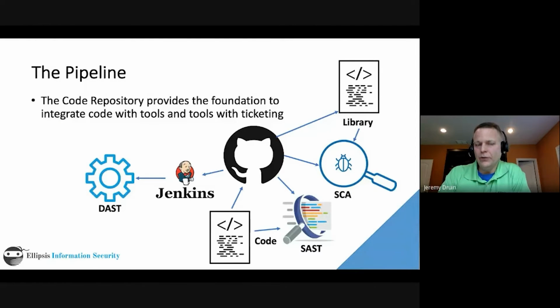This all starts with the pipeline. Now, there's lots of different brands. Some more popular ones include GitHub and Bitbucket, Azure DevOps, which used to be called Team Foundation Server, or TFS, but was rebranded a few years back. This is where we store the code. The code has to be in a repo, in a place where the tools can get to the code. So you've got to have a foundation to put your code into that is smart enough to not only store your code, but also allow these different security tools to interact with your code